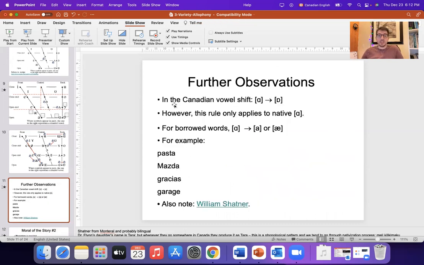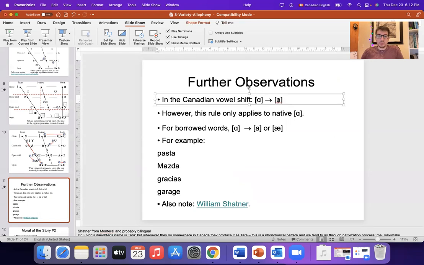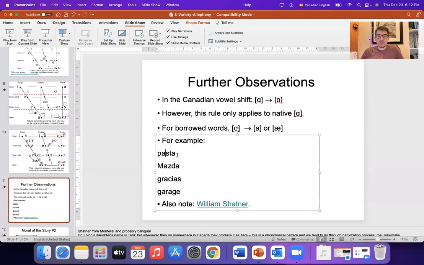In the Canadian vowel shift, we already talked about this shift from unrounded to rounded, low back vowel. However, this rule only applies to native words. For borrowed words, that's a different story. Something interesting is going on there. Becomes or for example, in words such as